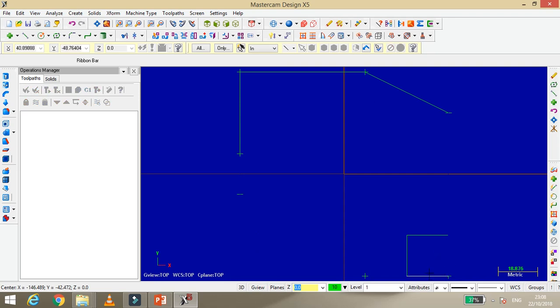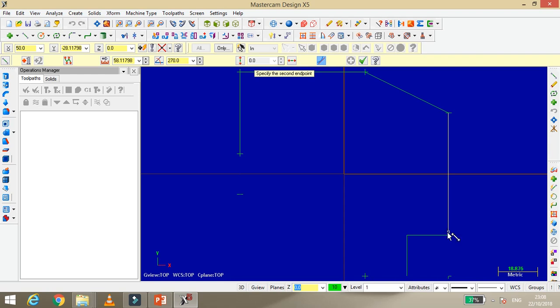Just delete it. Just click it and scrap it. Now this is a straight one, so I choose straight.